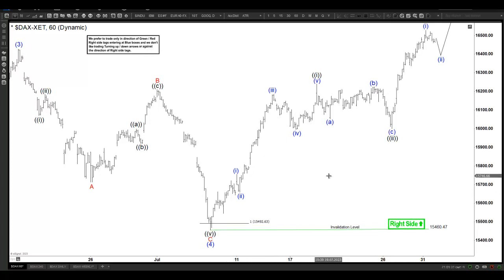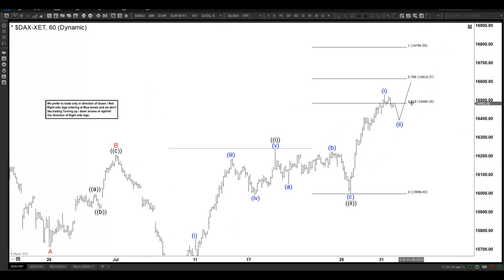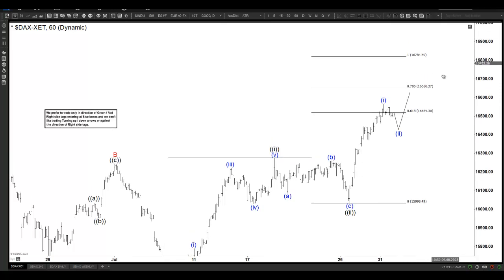Now, what are the targets in shorter cycles? When we look at 1 and 2, using 1 and 2, we can provide the next extension. Typically, we are looking for 100% at least to be reached. Now, taking 1 and 2, it can reach now higher towards 16,785,